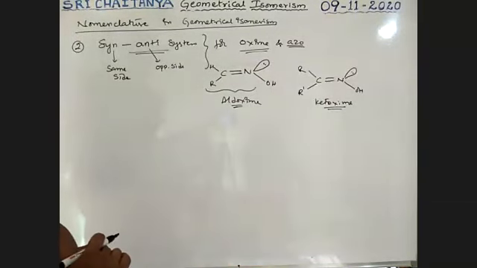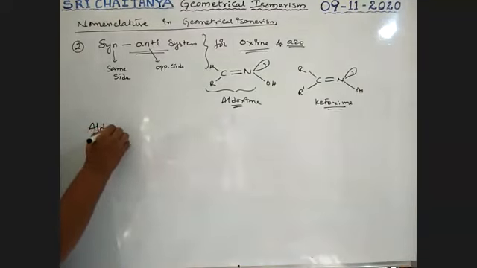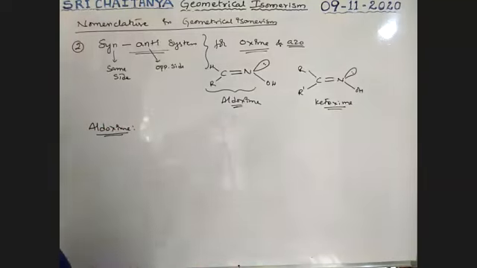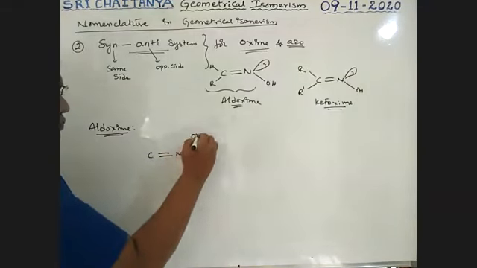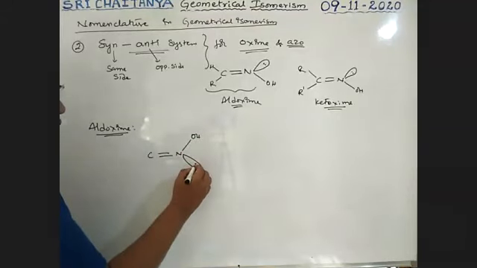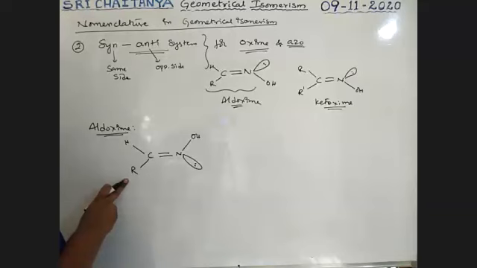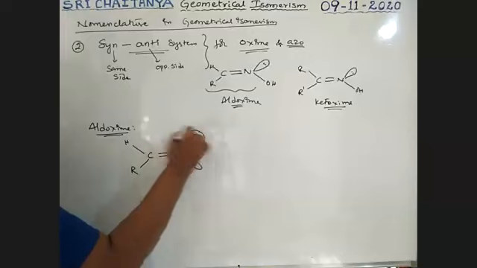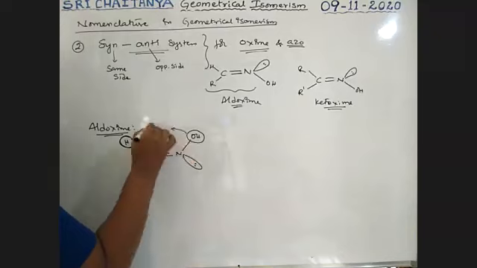Okay, now see here. Now I'm going to explain aldoximes. For an aldoxime, how to identify which one is syn and which one is anti. See here, carbon double bonded with nitrogen, which has OH and a lone pair. On carbon, one is H and the other is an alkyl group, boys. So if OH and H of the aldoxime are on the same side, boys.